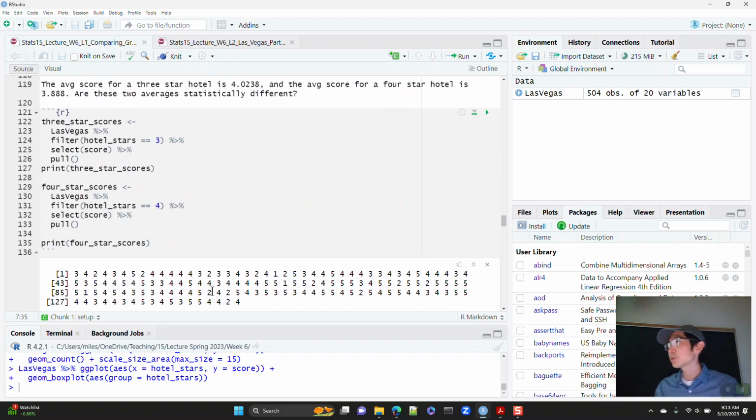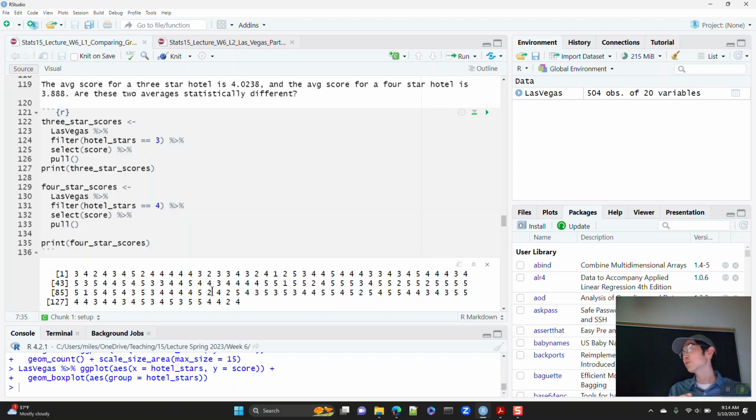On Monday we also said, what if we want to compare the mean scores of the 3-star hotels with the mean score of the 4-star hotels? Well, in order to compare the means of two different groups, we can run a statistical test known as a t-test, where you compare the mean of one group with the mean of another group.